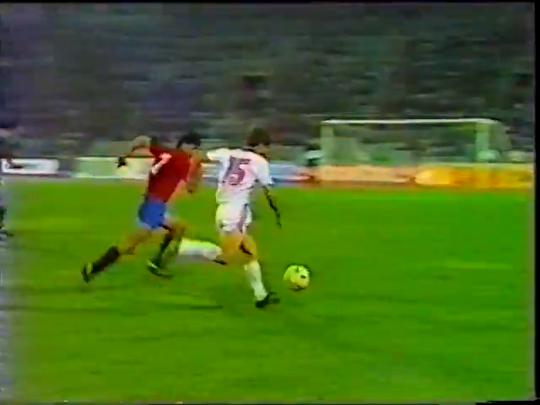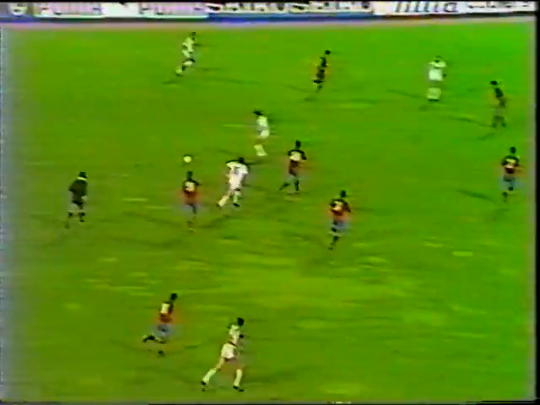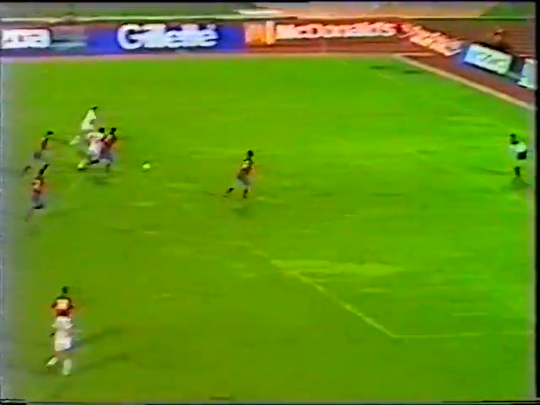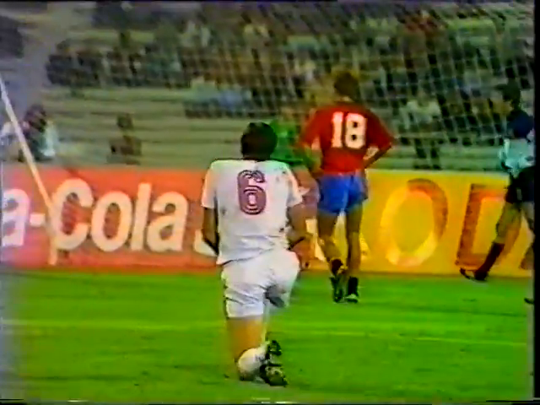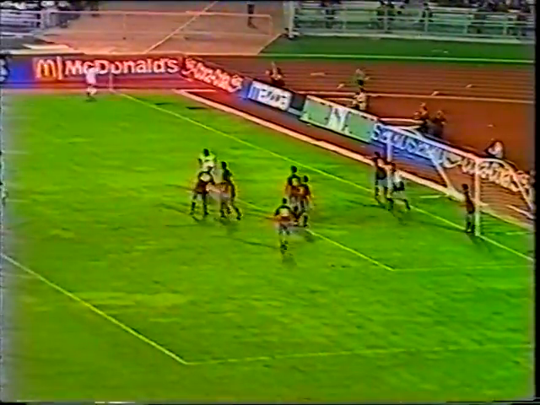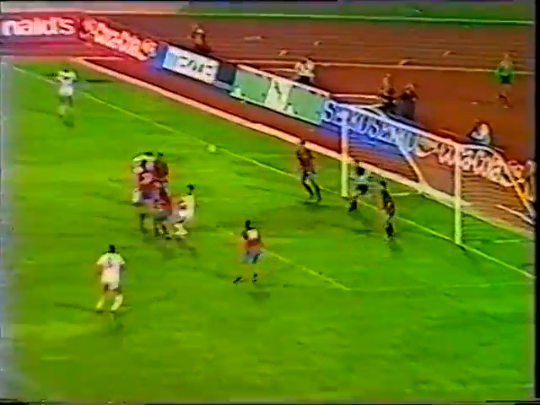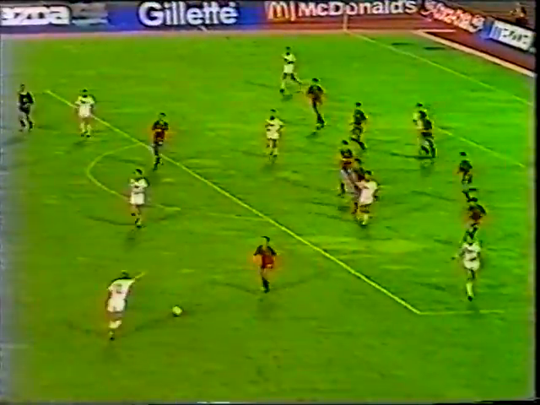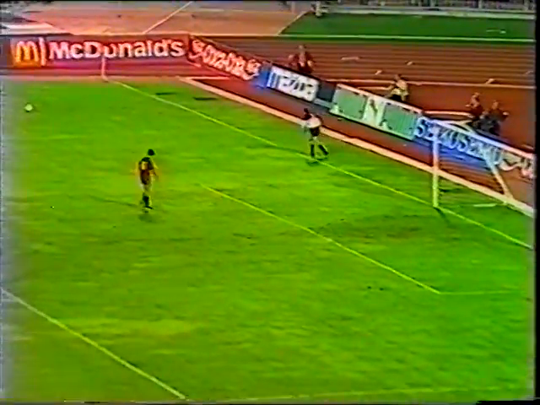Bubliauskas shrugging off Mendiondo, looking to take on Ferreira. Help from Ivanauskas. Savchenko, Bubliauskas on the burst, poured away by Unthu, good save. The goalkeeper came up with the right answer that time, as Bubliauskas was pouring away through. The Soviet Union get a corner. Bubliauskas again. And then Moch, as we come towards half-time in extra time,